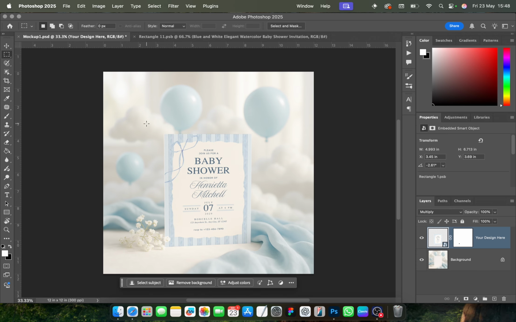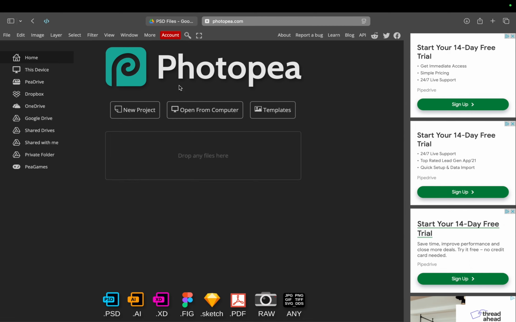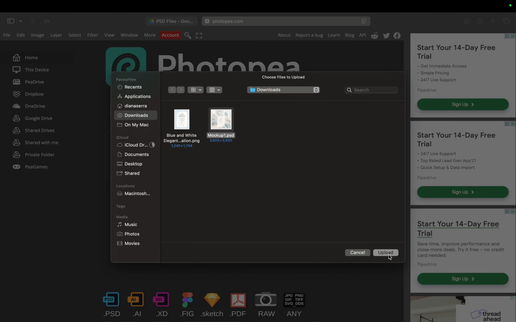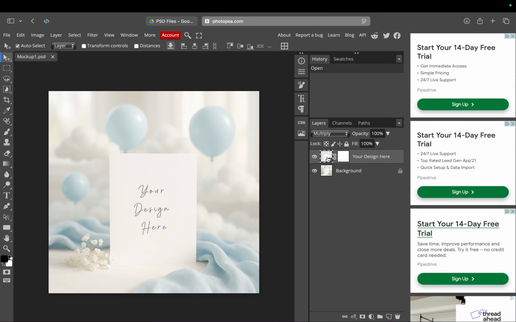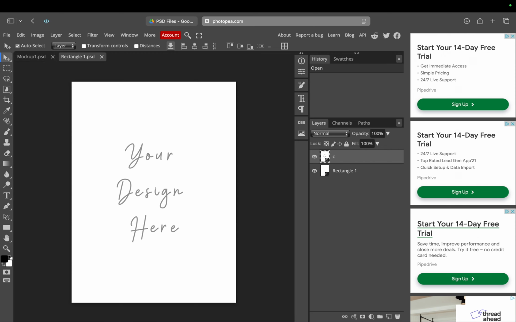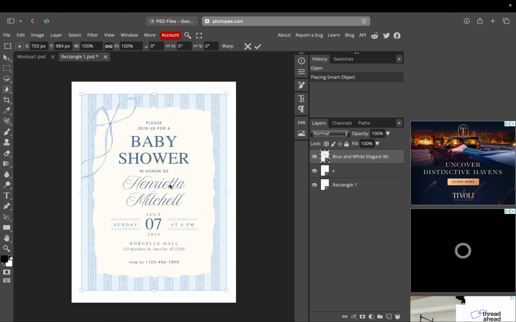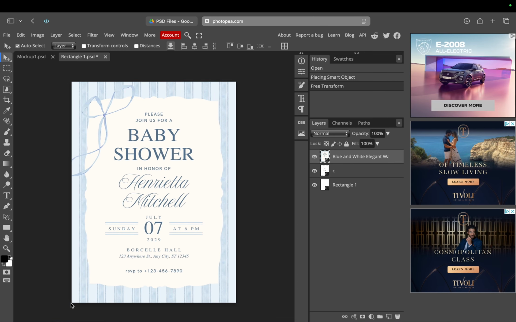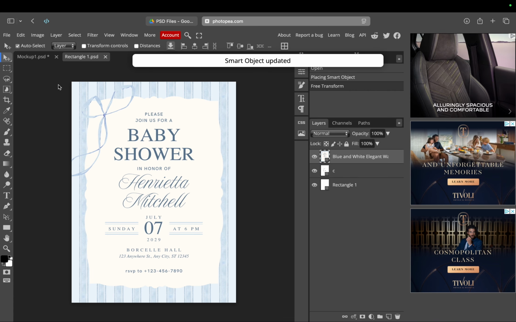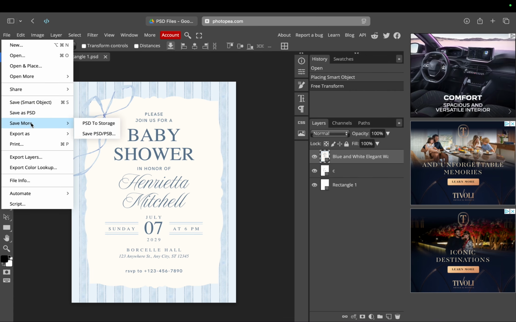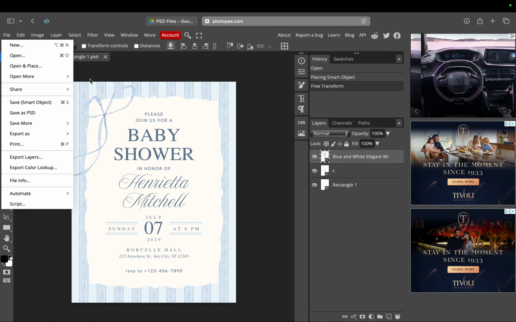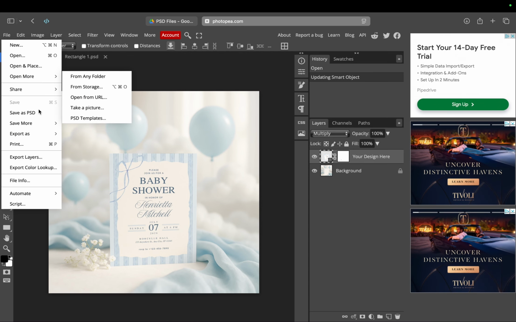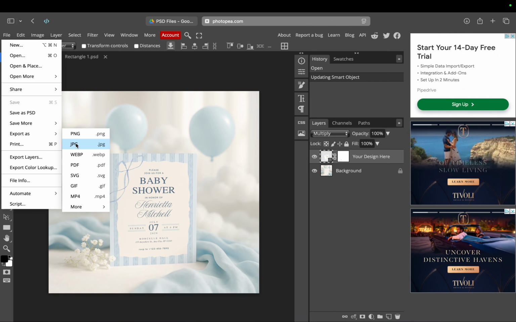If you don't have Photoshop, there is a free website called Photopea. So you just open your file as well. And it's exactly the same process. So you just double click, you push and drag your file, adjust again, pressing shift, enter, and then Command S. Or you just go here and click save, and then when you go back it says already inside, and then you just export as JPEG, and that's it.